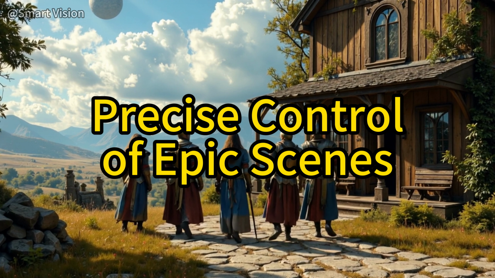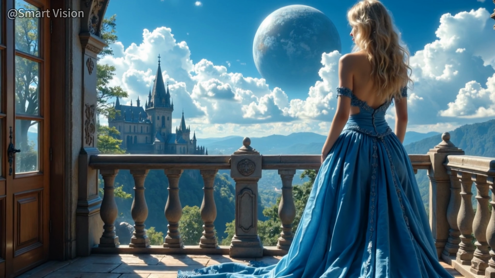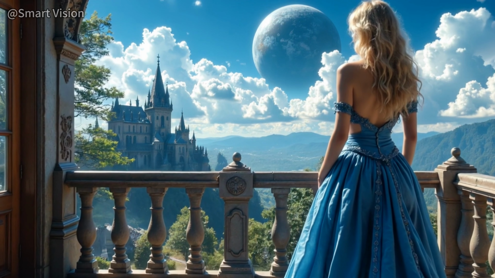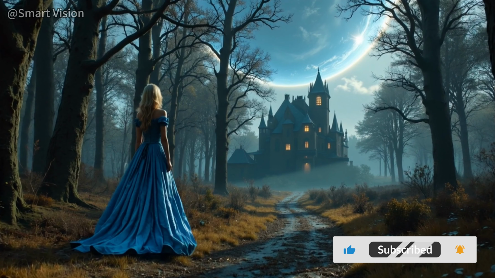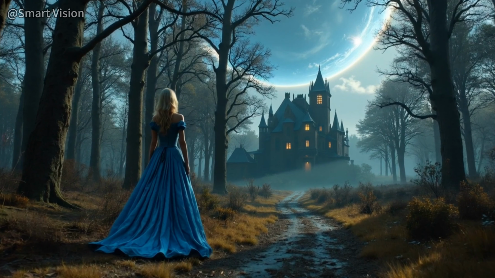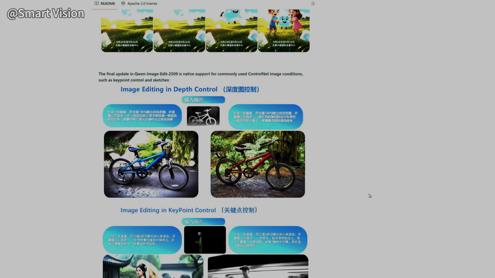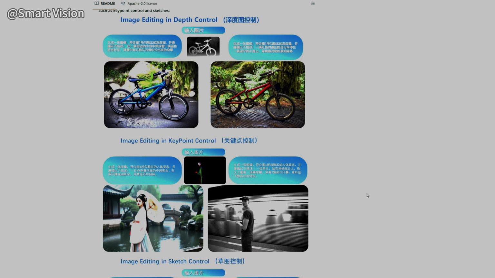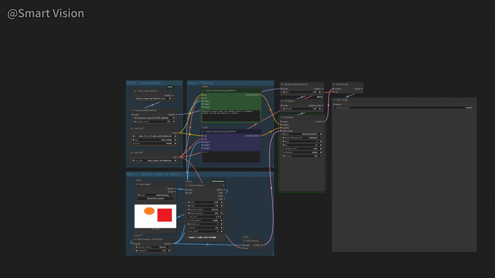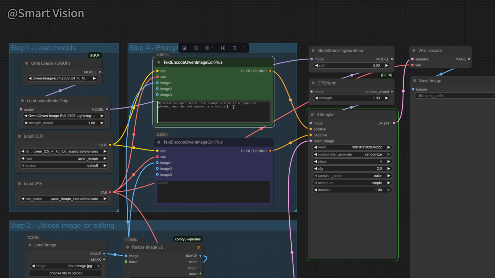Intermediate level, complex composition, and precise control of epic scenes. How to break free from reference image limitations, precisely control composition, and generate grand cinematic scenes. To achieve precise composition, we'll use ComfyUI Edit 2509's powerful ControlNet capabilities, along with regional prompts and layer overlays. We'll start from a blank canvas and gradually build a complex cityscape or natural landscape, precisely controlling building placement, road